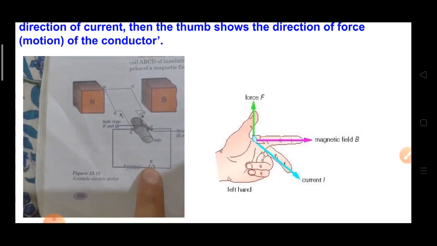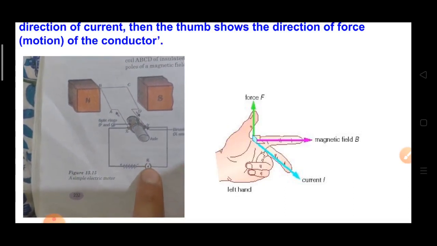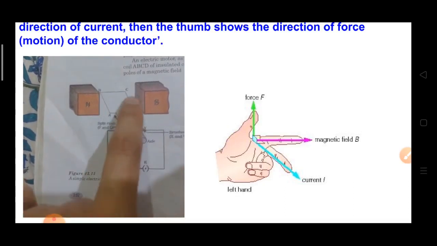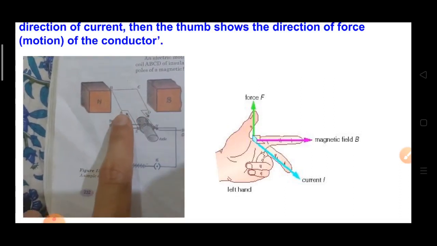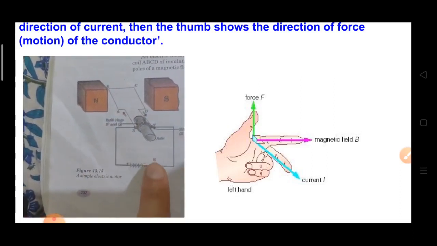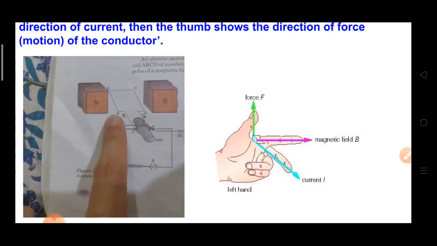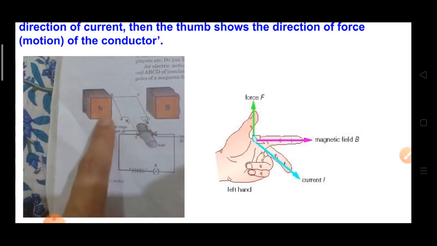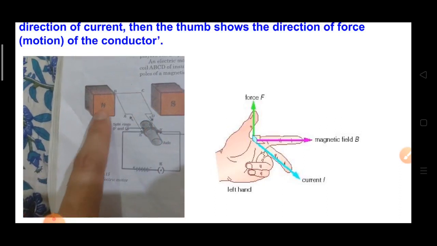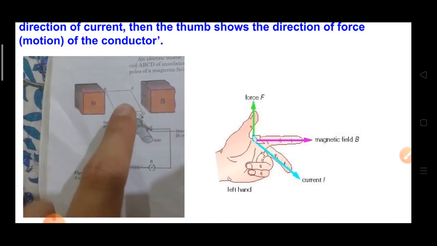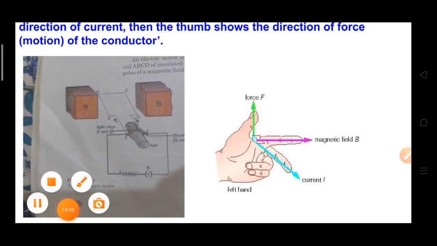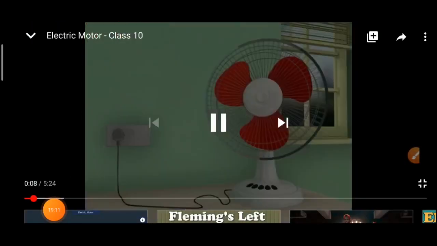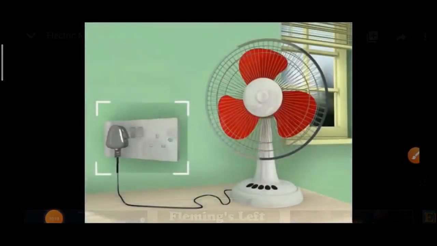So जैसे ही आप स्विच ऑन करते हो या की क्लोज करते हो सो करंट स्टार्ट फ्लोइंग एंड यू नो कि अगर करंट मैग्नेटिक फील्ड में रखा है तो उस पर फोर्स लगेगा. So as soon as the switch is on, it starts rotating. So in this function electric motor works, and electric motor is used in many devices like electric fan. Now you can understand the working of electric motor.